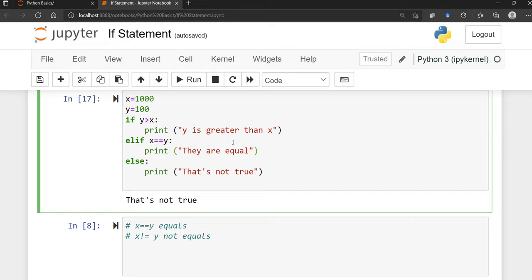Okay, so that's really the difference between elif and else. Elif is just another condition checking if the previous condition is not true, and else is pretty much catching anything that's not caught by the previous conditions, both if or elif. Any other condition that's not caught here is going to be printed in the else statement. Okay,